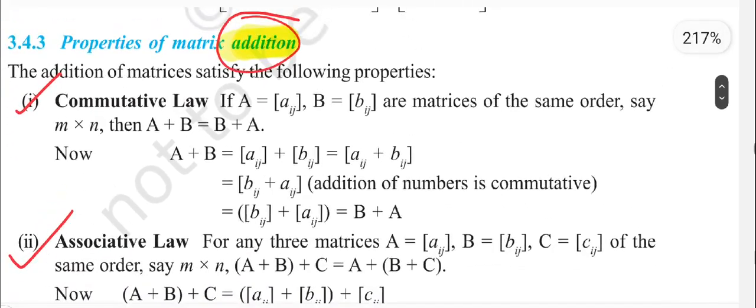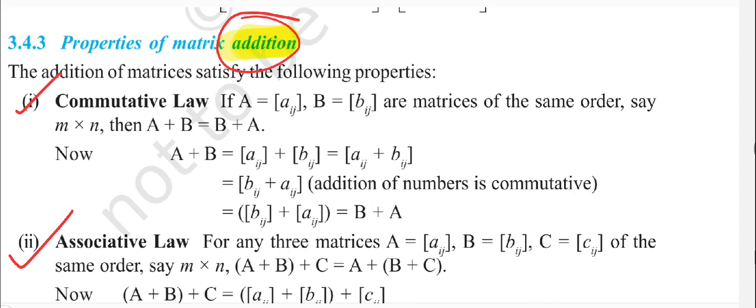Now let's discuss this property. What is the commutative law? The commutative law says that the way in which you add does not matter. Why am I saying add? Because we are discussing the property with respect to addition. So the way in which we add two matrices does not matter. I mean, if I add A plus B or B plus A, they are going to give me the same result.